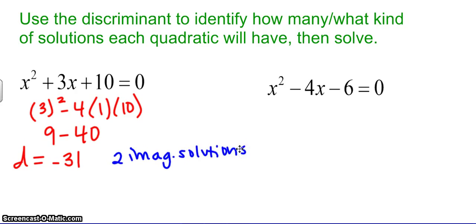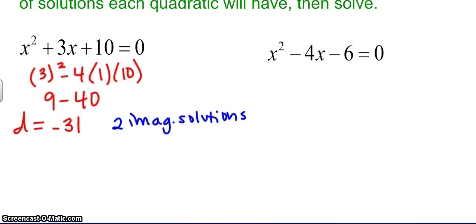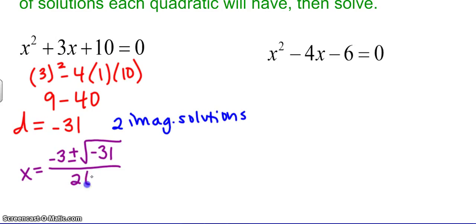So our parabola is never going to cross the x-axis, but we can still find the roots of the quadratic. Using the quadratic formula, we have x equals the opposite of b plus or minus the square root of b squared minus 4ac, we already did that work, okay? The discriminant, we've already done the work for it, you don't have to do it again, all over 2a. So that means that x is equal to the opposite of b plus or minus